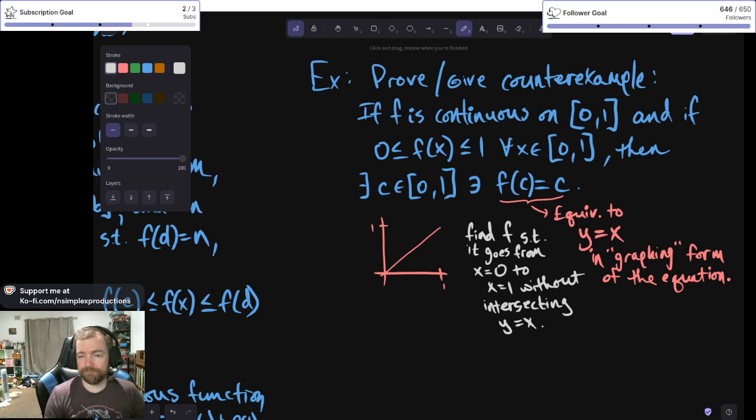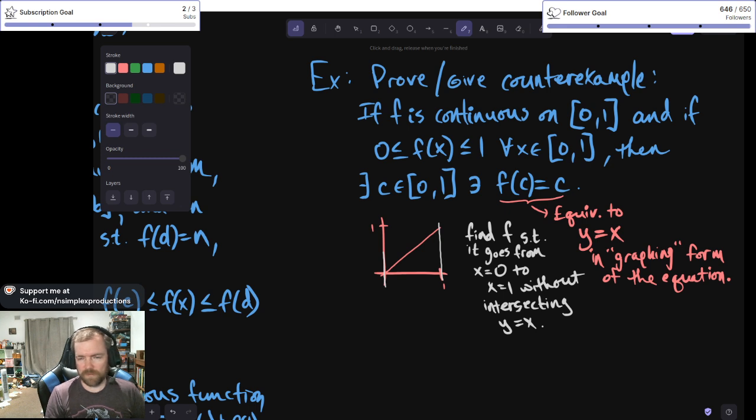Right? So good luck with that. Mostly because, if we have to get from x equals 0 to x equals 1 without touching that pink salmon colored line, whatever,